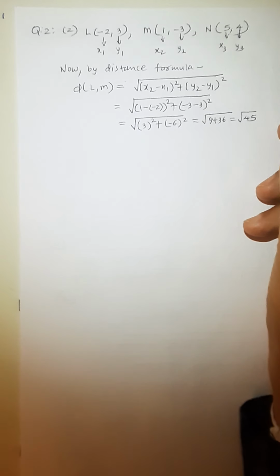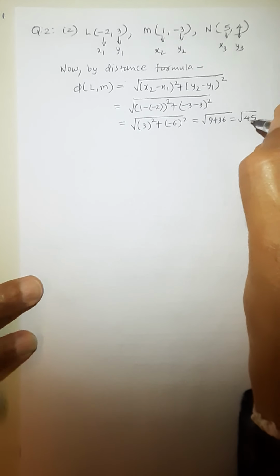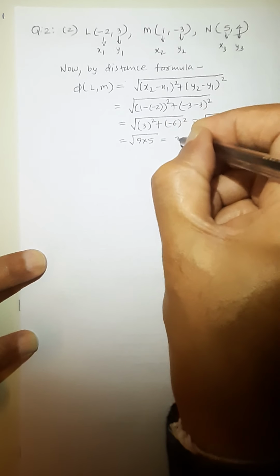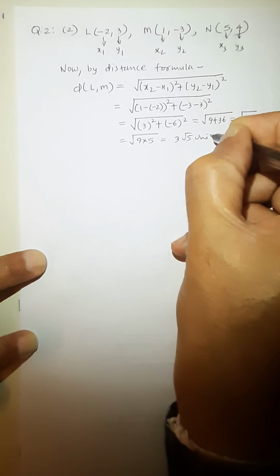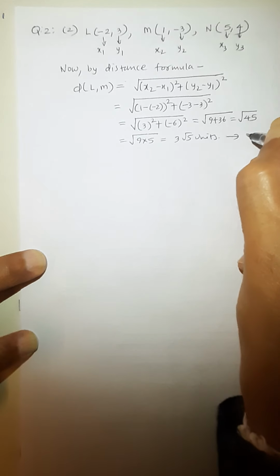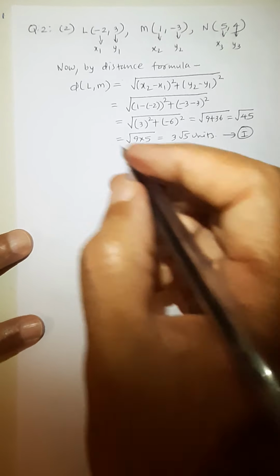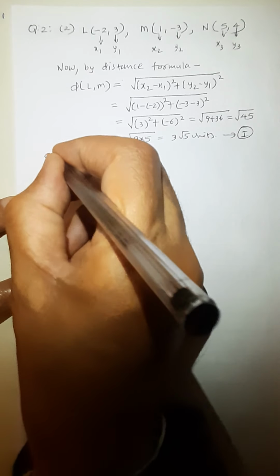We can split this root 45 also into a mixed surd. How will you do it? 9 5s are 45, so it is 3 root 5 units. So we got the first distance LM, result number 1. Now another distance, which is the other distance. Similarly we write,